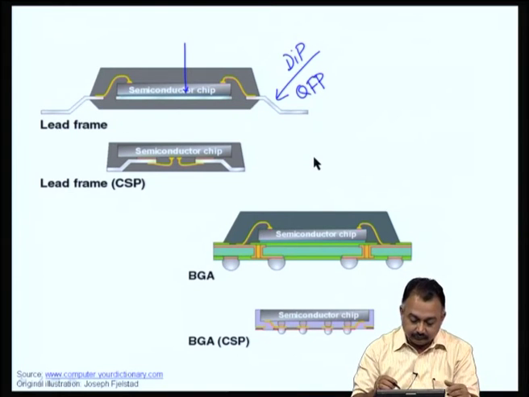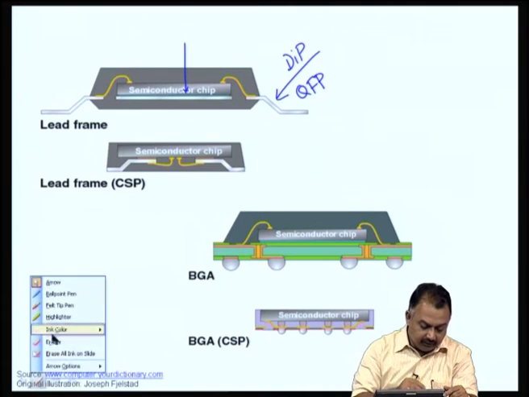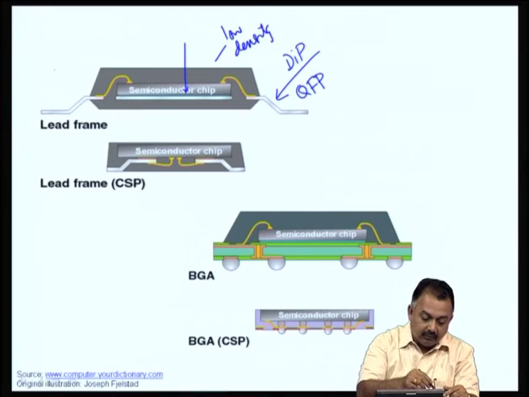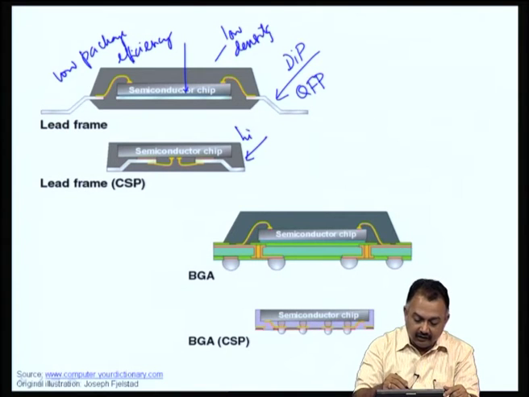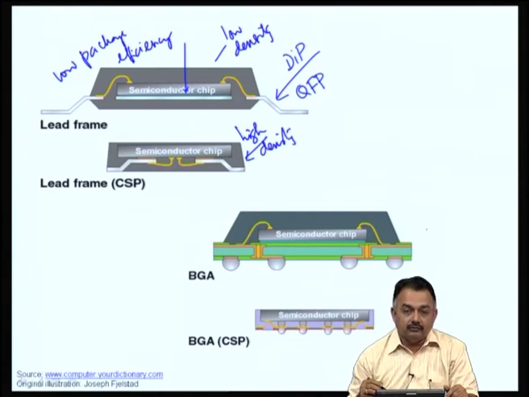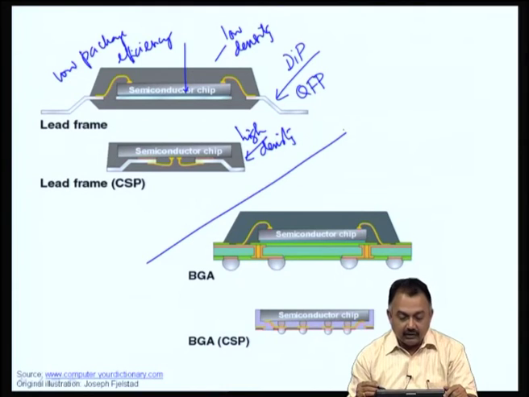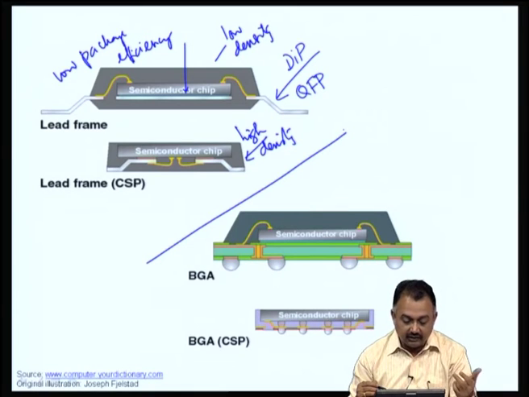So, you can expect that this particular device will have low density or low package efficiency, whereas this one will be very high density, because you have reduced the package area. Okay. More about it in a much later context, because now I thought this is the right time to show you some cross sections, otherwise you will not be able to understand the interiors of any package.